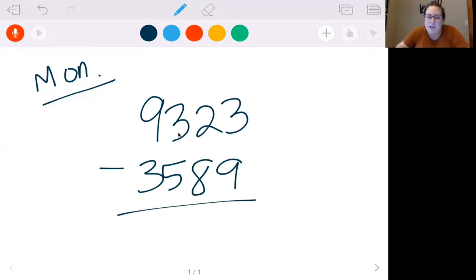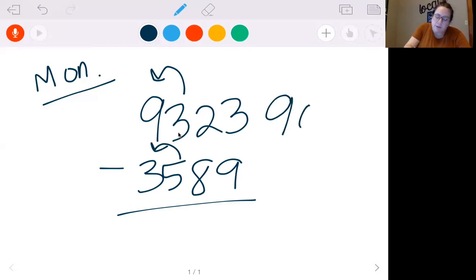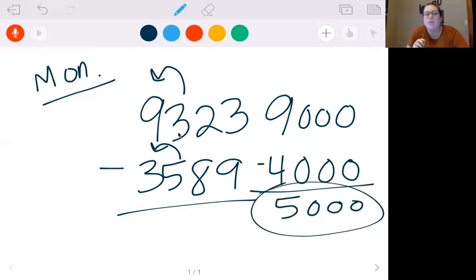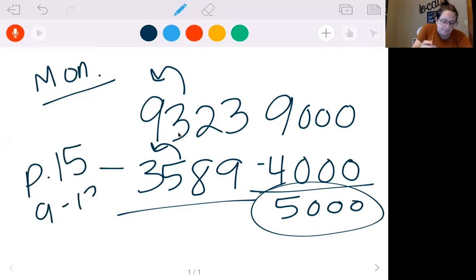For these, all we have to do is round them and subtract. So we look to our biggest number and then the number to the right of it to tell us how to round it. 3 makes a 9 stay the same, so we get about 9,000. 5 makes the 3 go up to 4,000. Subtract that, we get 5,000. So that is your answer. You should have an answer close to mine when you're doing subtraction, because there's not a whole lot of room for error there.